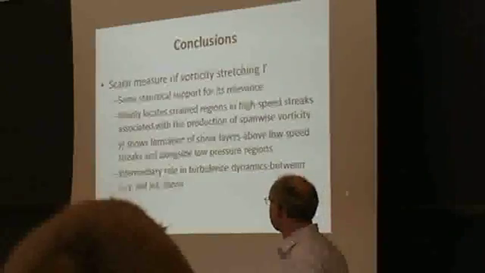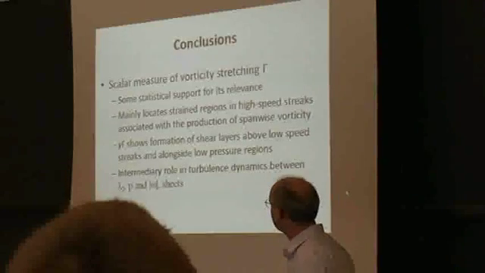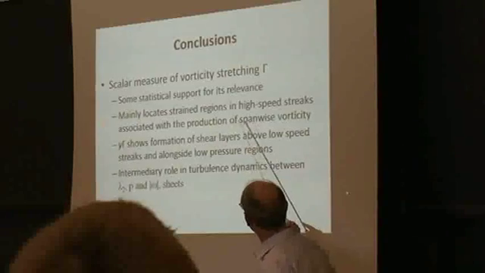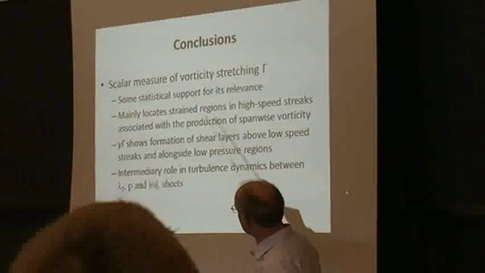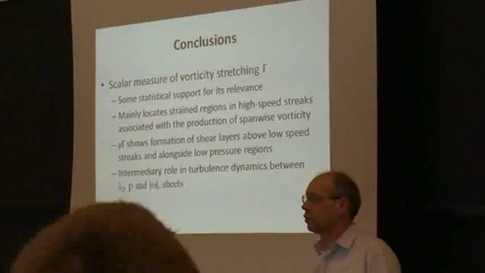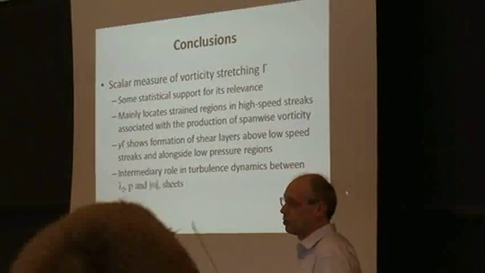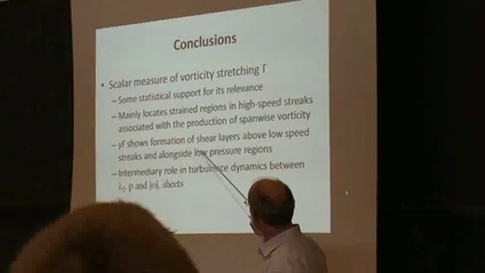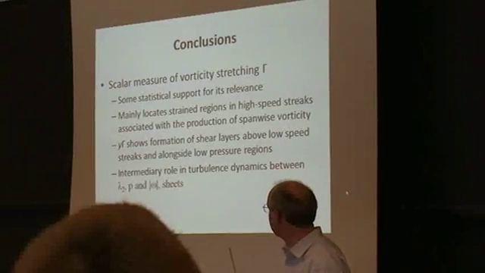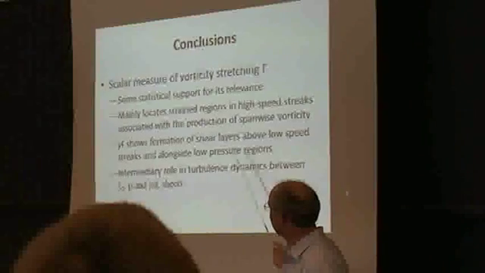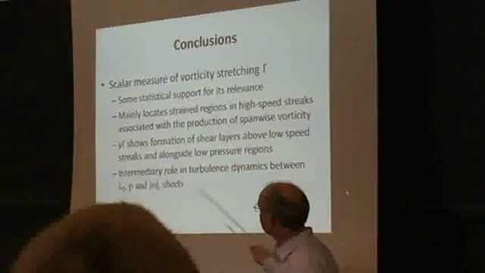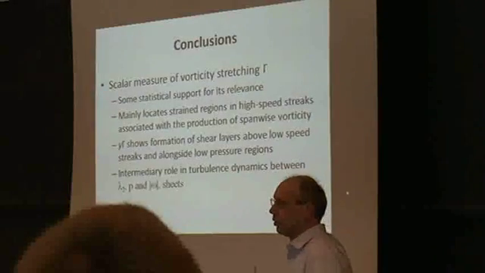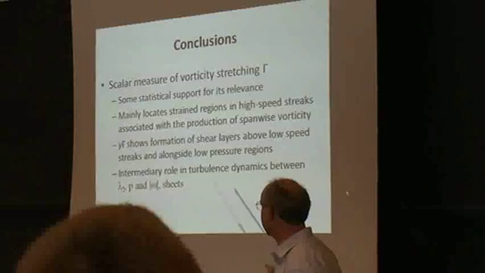The positive values are more important than negative values, and there's a large contribution to the entropy production. If you just look at the quantity by itself, it mainly locates strained regions in the high-speed streaks, so it's the drag creation process in the turbulent flow. If you weight it with y, then you can look at formation of shear layers above the low-speed streaks and alongside low-pressure regions, and it serves as some kind of intermediate role in the dynamics between the worms, the low-pressure regions,